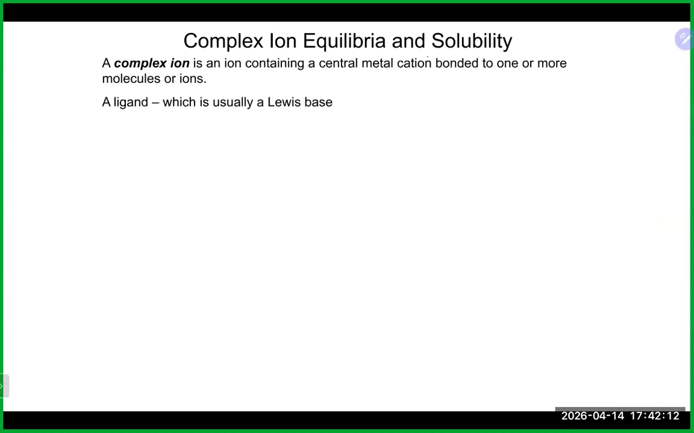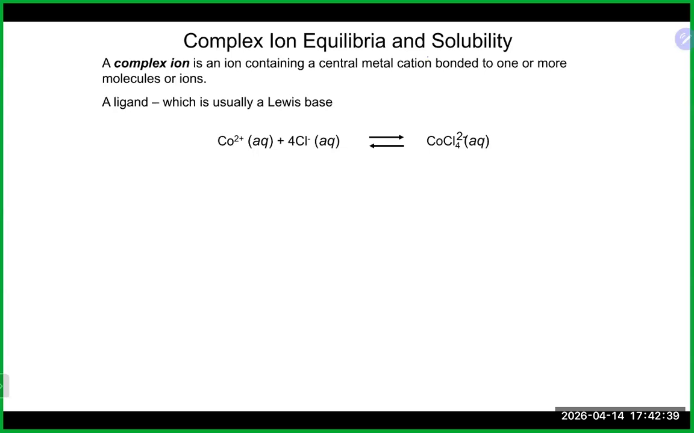We're going to talk about another equilibrium, which is complex ions. A complex ion is essentially a metal ion, usually in the center, and then it usually has one or more molecules or ions attached to it. These molecules or ions are what are known as ligands, and ligands are weak bases. Sorry, ligands are not weak bases,